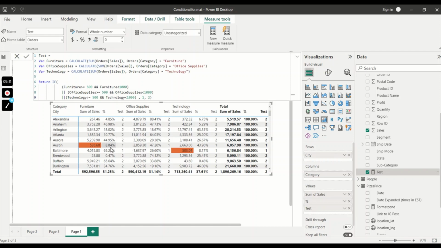If you can observe here, as there is no total sales amount for any of the categories between 500 to 1000, that's why we can see it is flagged as number 2. And there is one category which lies between 500 to 1000 sales amount, then we can see 1 for all the categories, right? So now